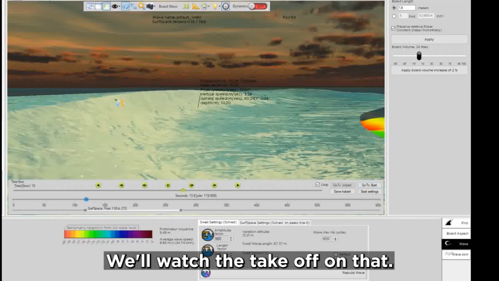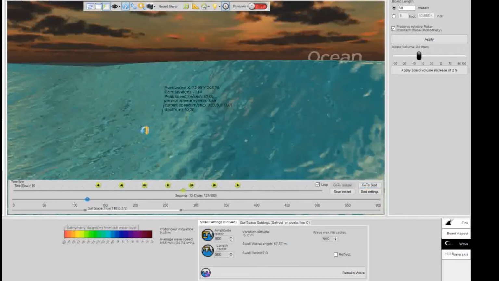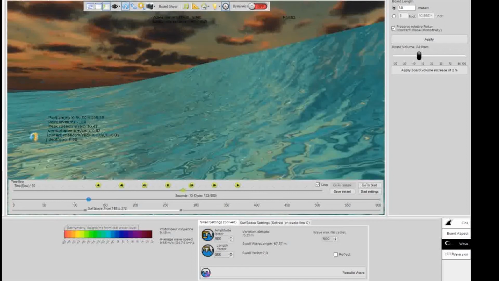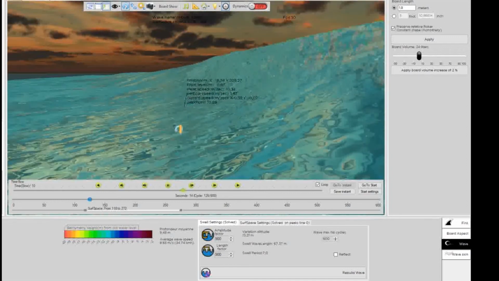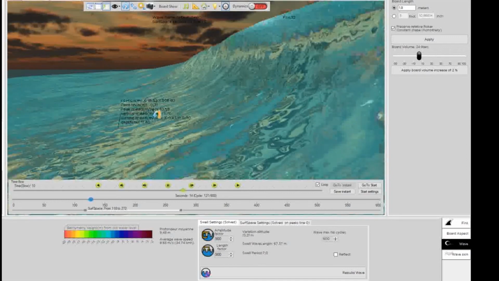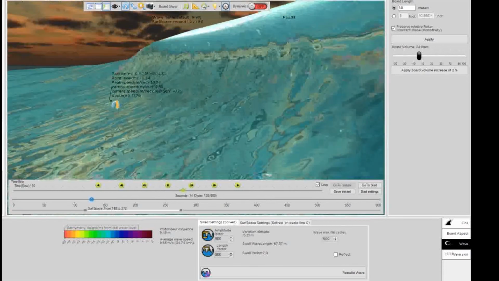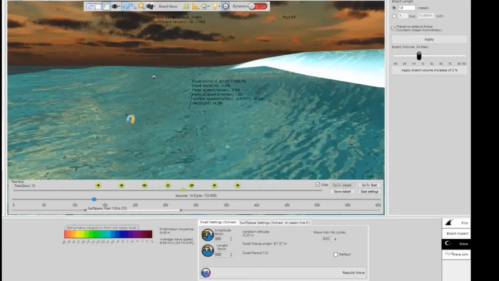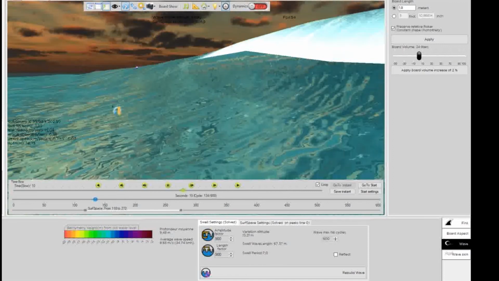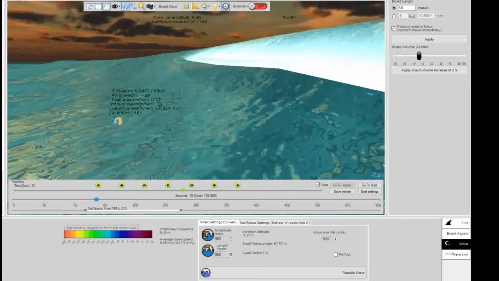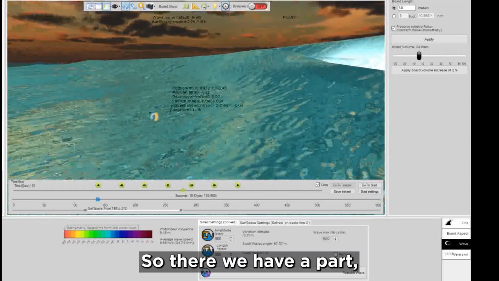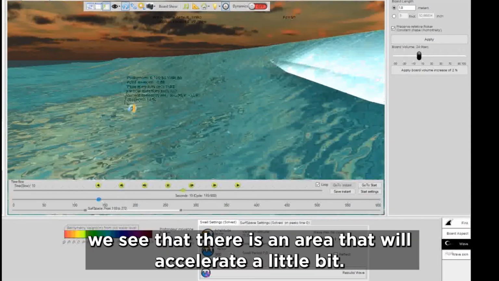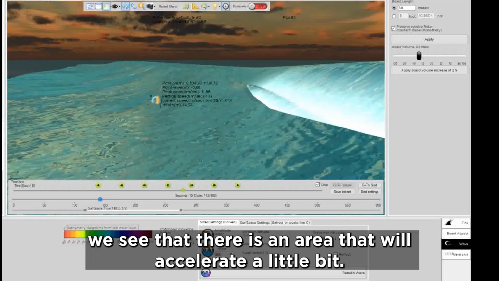We'll watch the takeoff on that. So there we have a part. We see that there is an area that will accelerate a little bit.